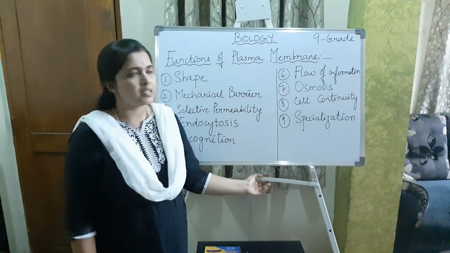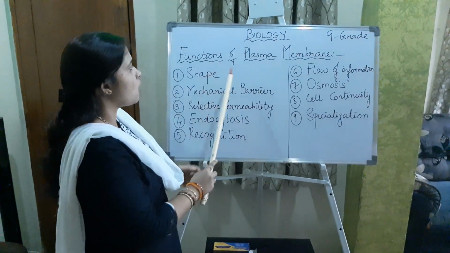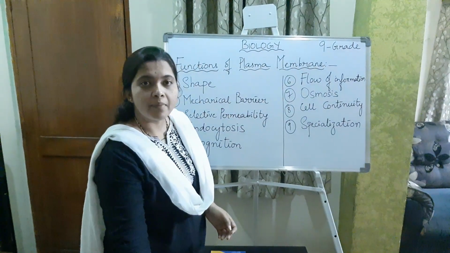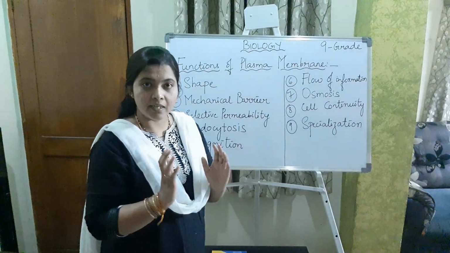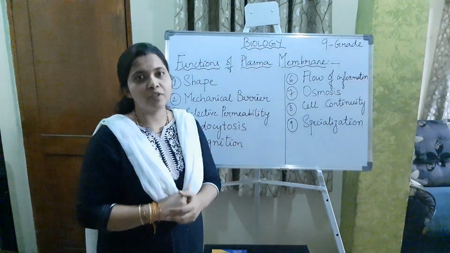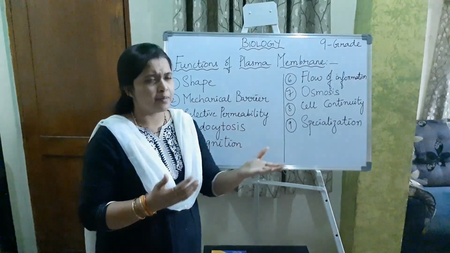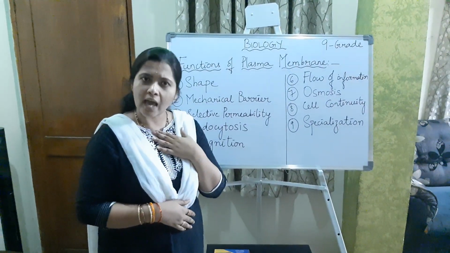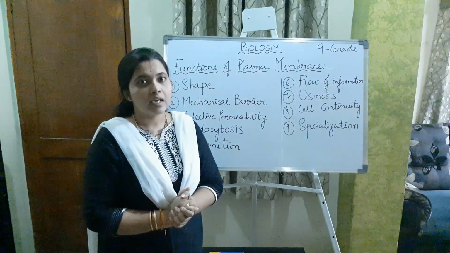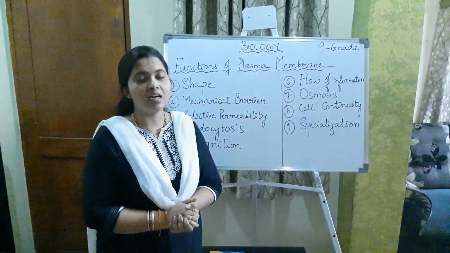Okay. So, today our discussion was functions of plasma membrane. What? Functions of plasma membrane. So, what is plasma membrane? Plasma membrane is the outer layer of the animal cell and second layer of the plant cell, because the outer layer of the plant cell will be cell wall. So all the animals, even we are also coming under animals, we also have the plasma membrane as the outer layer. It protects all the cell contents which are present inside the cell.